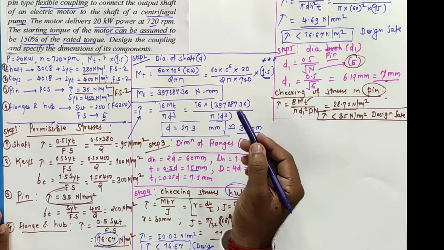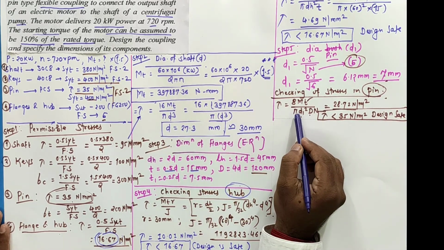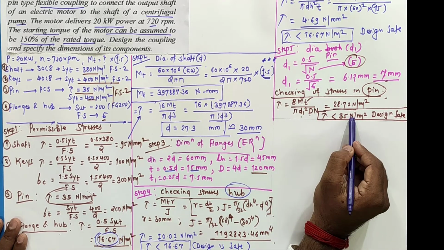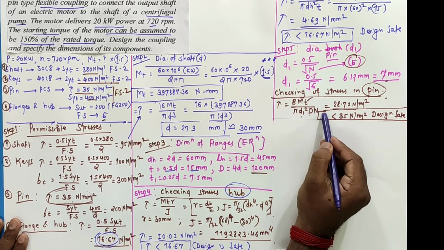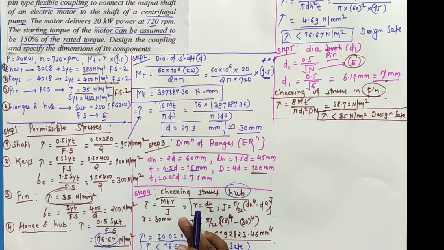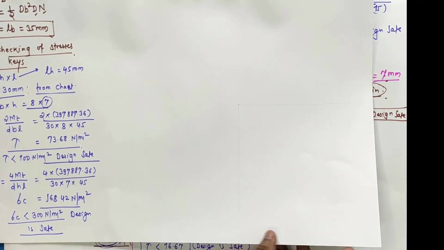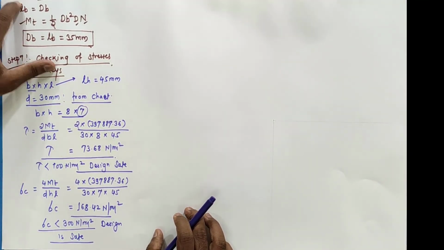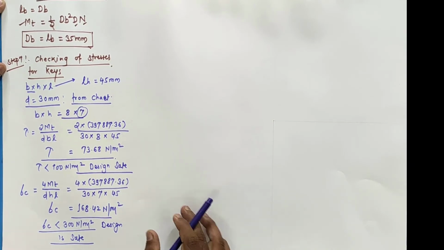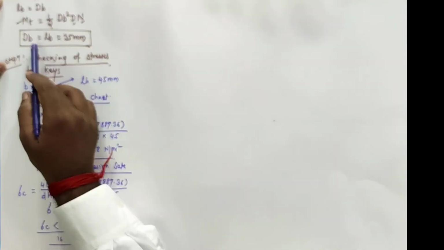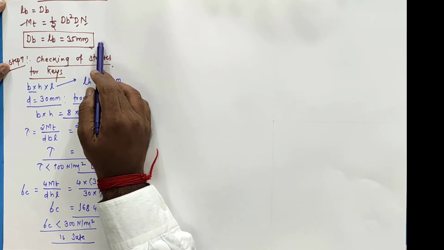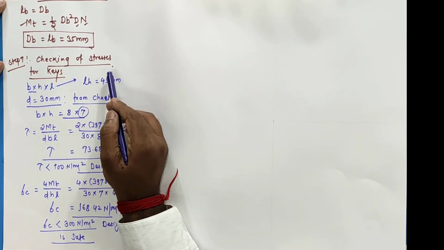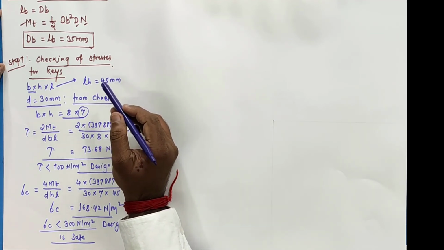Then checking of the stresses for the pin we have calculated, it is again within a limit, so design is safe. This is for pin we have covered. After that we went for the dimension of the bushes. As we know, the bush is having dB and LB, diameter of bush and length of bush. So here dimension of the bush LB dB I have calculated by this equation, through which I got the value of LB dB. After that, last step is step number 7, to design the keys.